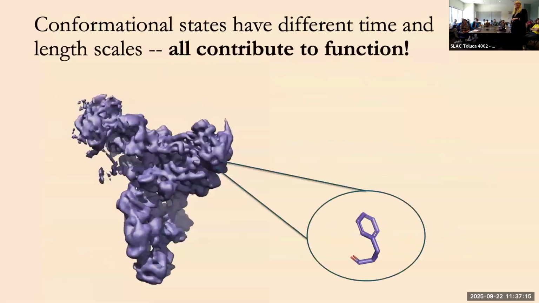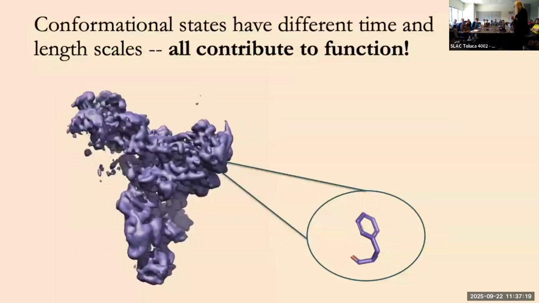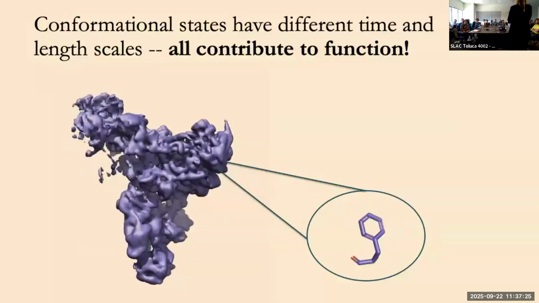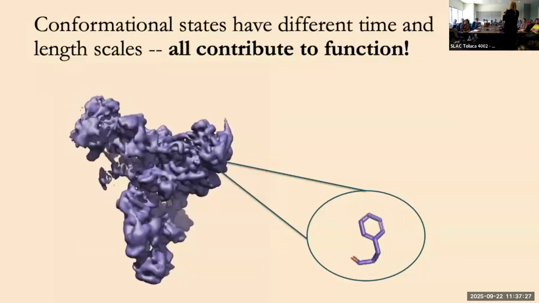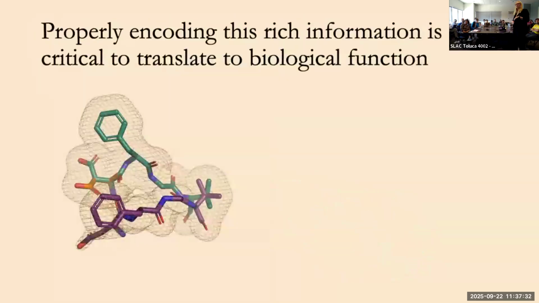biology questions that we're interested in? Right, so if we go back to these conformational states, they all have different lengths and timescales and contribute to function. How are we actually encoding this information so that we can translate a lot of this rich information that we can get from experimental data to function? So we have to think about how we are encoding this and how we are translating